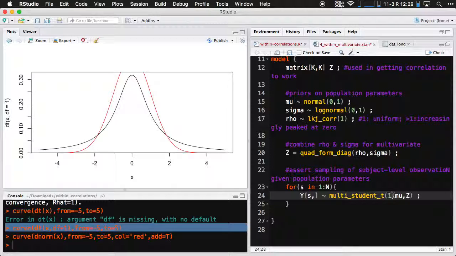So back to this idea that you can establish a more robust approach to regression or to this correlation, making outlying points less influential. You could just always use a student t with degrees of freedom of 1. I said that you should always use it, or you could always use it. I would need to run some simulations to establish this, but I think there is some cost, in the sense that you will have